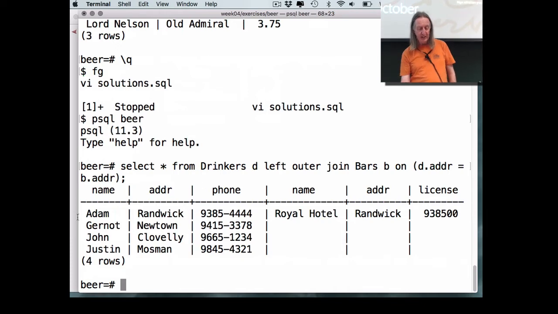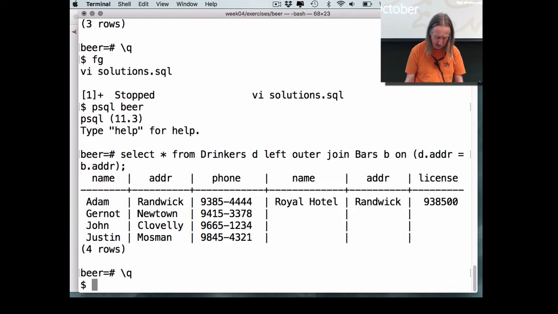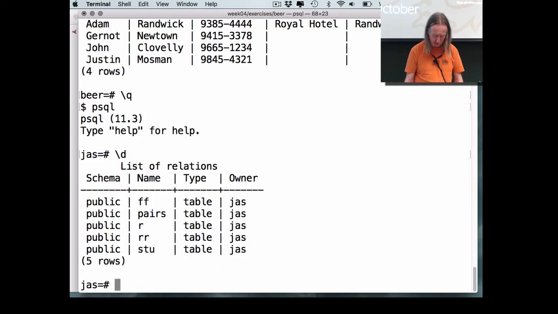Alright, so we can see here's a person who lives in a suburb and there's also a bar in that suburb. This result's a little bit wacky because Gernot lives in Newtown. There are apparently no bars in Newtown. Patently untrue in real life, but that's what the database says. John lives in Clovelly. Apparently there are no bars in Clovelly, and Sally lives in Mossman where there are also no bars. Now I think what I might do is find a simpler database